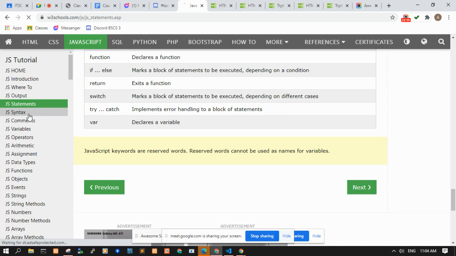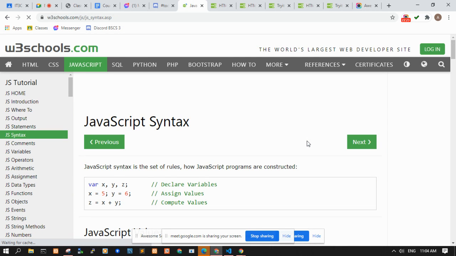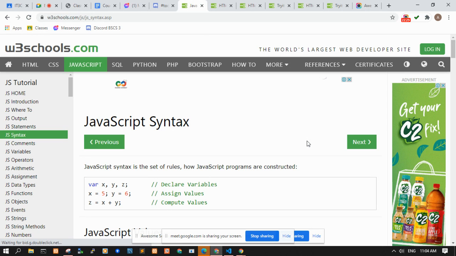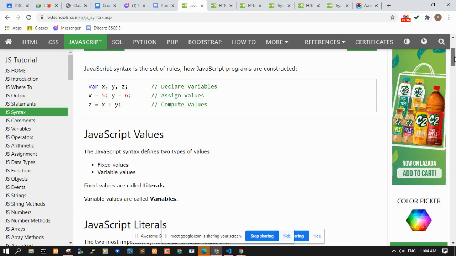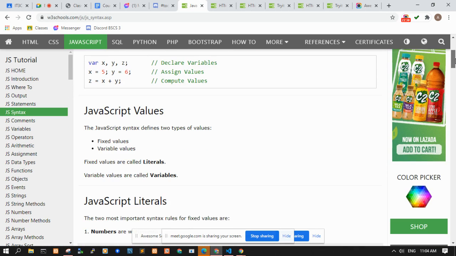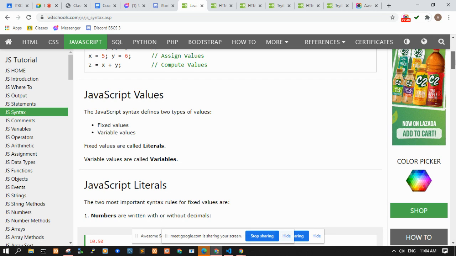The syntax is much like Java or C Sharp or C, although the literals and variables may be a little different.